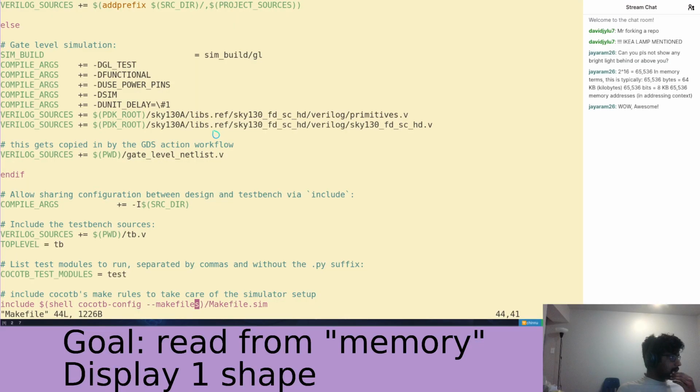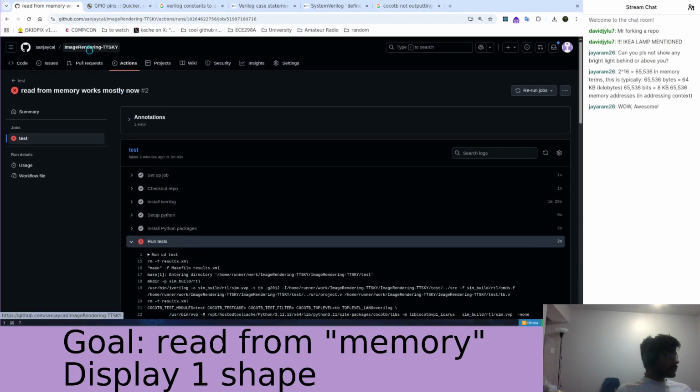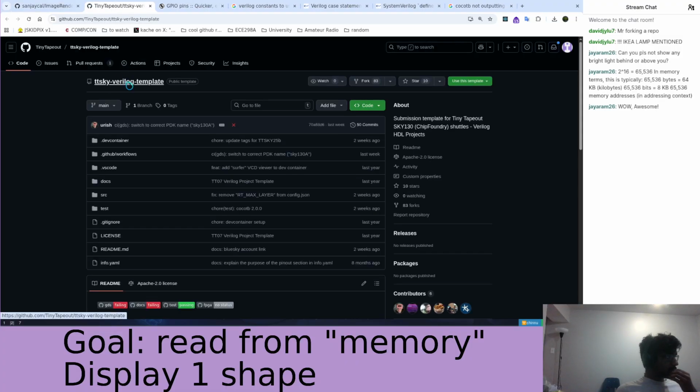I'm going to figure this out. Compile DGD test. So let me go to the template I took from. Yep, generated from this template. So this is the template. And so then if we go to test,